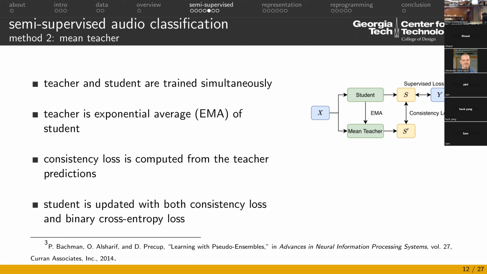So systems like the weights that are very far in the past will not influence our teacher as much as the most recent weights. And then we compute a so-called consistency loss, where we basically evaluate, okay, this average system, does it have the same prediction for my data as the student system or not? And we compute a loss from that. And when we train the student, we combine this loss with the actual cross entropy loss that we're using as